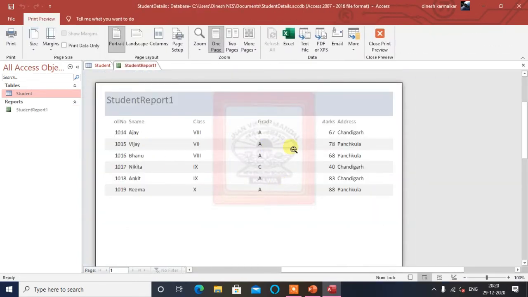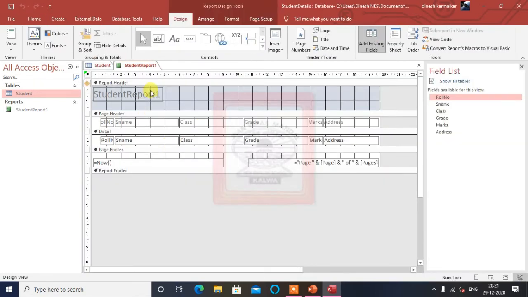So this is the report which I created with the help of the wizard. Now you can see here R is not coming properly, M is not coming properly. If that is so, you can rectify it in the design. Of course today I am not doing it here. This report we made with the report wizard, in which there is not much flexibility. To modify it we have to go into the report design only. Now let's close this.